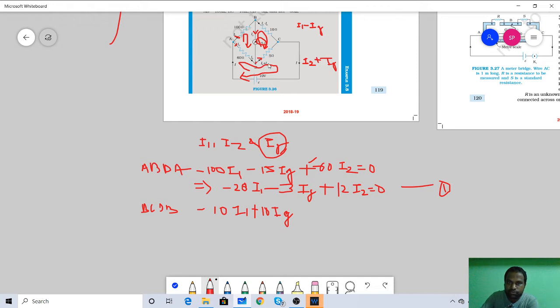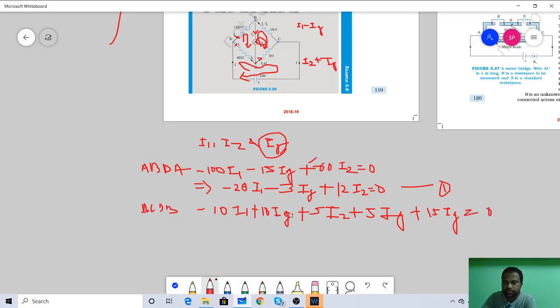then (I2 plus Iz), C to D, but it is in the opposite direction, so I'll write plus 5 into (I2 plus Iz), so it will be 5 I2 plus 5 Iz, then I'll move again from D to C, again I will move against the current, so it will also be plus 15 Iz